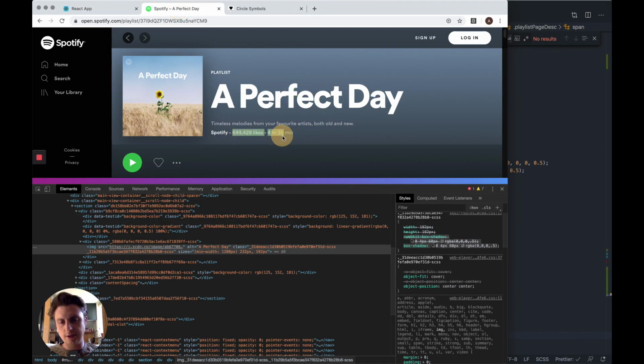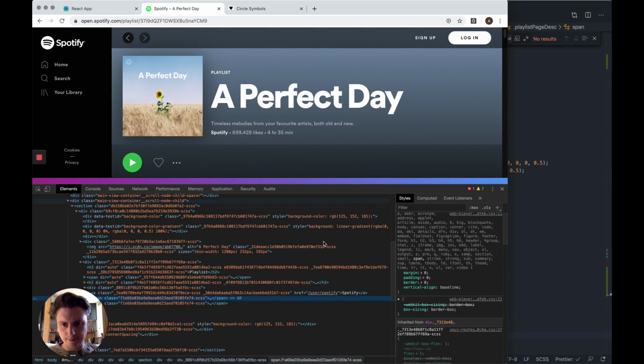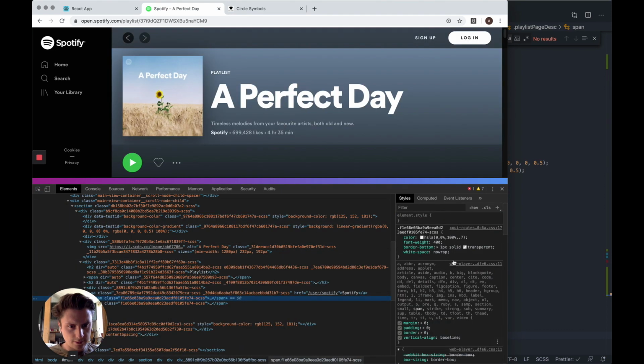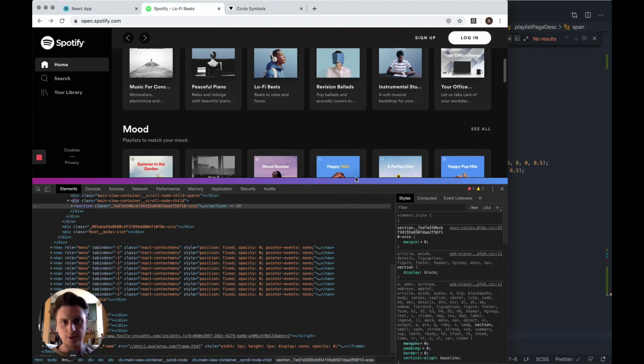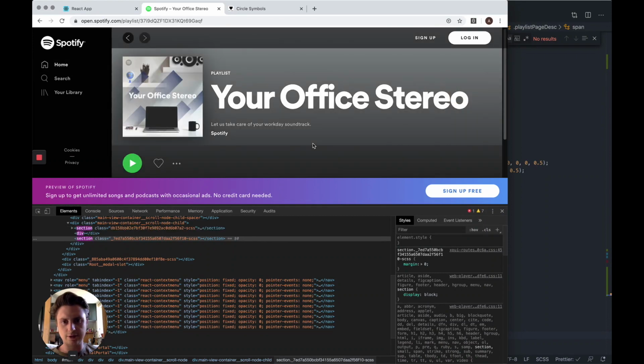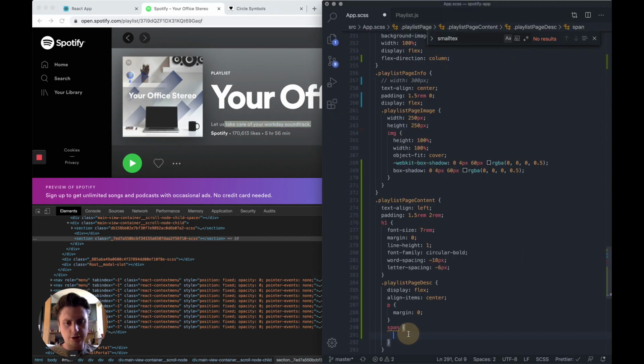See this color here? It's the same shade as the background, so that leads me to believe it's just the opacity that has been dropped. Yeah. So they've basically got white and they've just dropped the opacity slightly. And this makes it seem as if, because if you went onto a different page, different playlist, you're going to have a different sort of shade. The other one was slightly blue. So if we just do span, opacity 0.7,